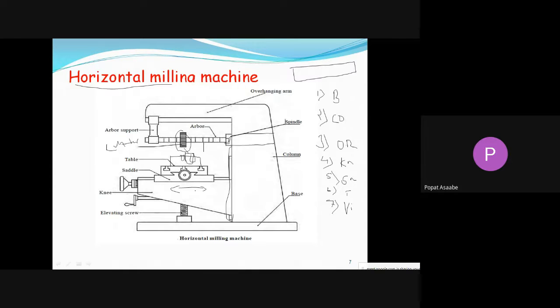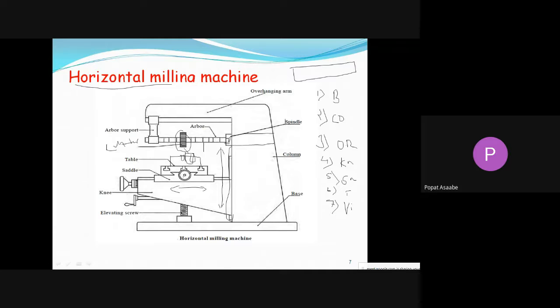Okay, now that knee is fixed to that vertical column, and on this face of that vertical column there are guideways provided, and here one elevating screw is there. When we rotate that elevating screw, with the help of hydraulic power or by hand, along with that elevating screw your knee moves upward and downward on the guideways provided on this vertical column. Means your knee is moving up and down. Again on this knee guideways are also provided, and with the help of those guideways your saddle moves left or right.